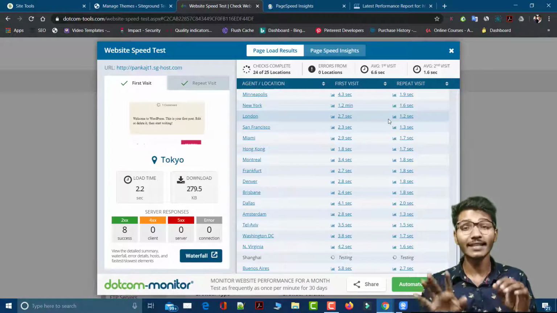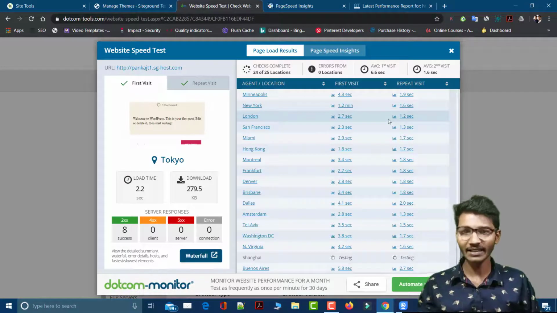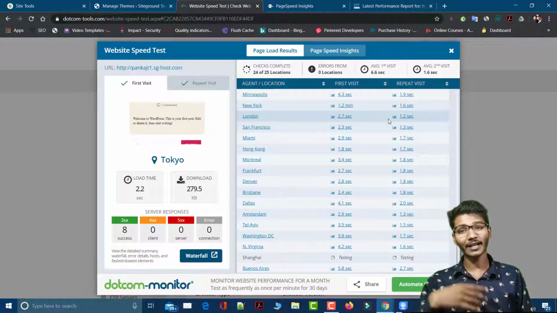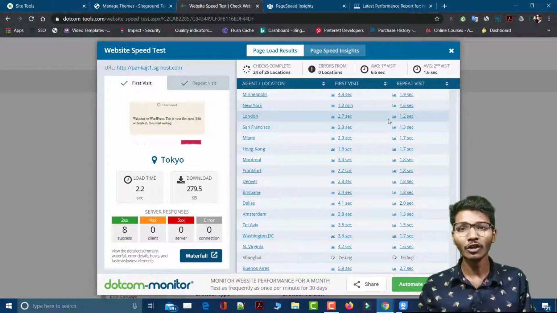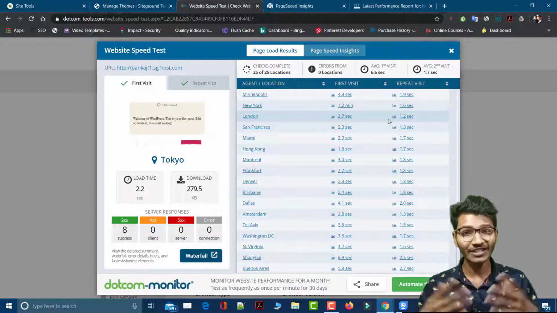And there is also a myth about Jetpack for site speed, that many people think Jetpack slows down your site. No, if you think Jetpack is slowing down your site, you can delete it. There is no need for it. But Jetpack actually makes your site more powerful. You have to use it properly. And for Jetpack in particular, I will make a video, and you will find that video in our WordPress playlist section, on how to use Jetpack in a better way.